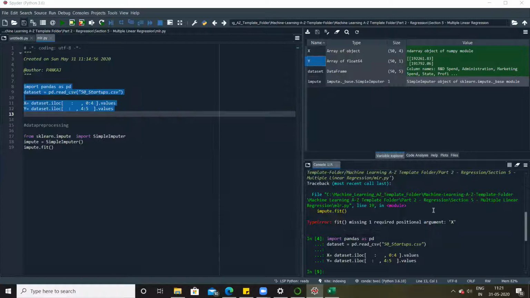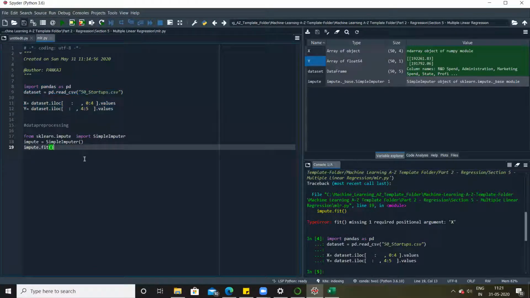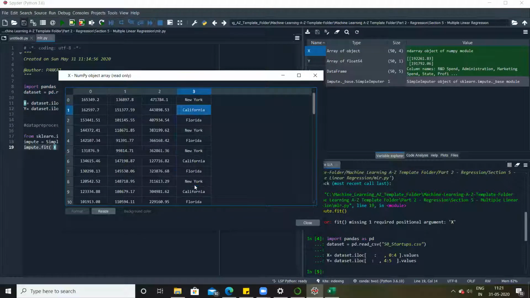Now I need to apply imputer on variable X, but we cannot apply imputer on the entire variable X, because variable X has one text column, and imputer cannot be applied on text data. So we'll apply the imputer only on columns 0 to 2.